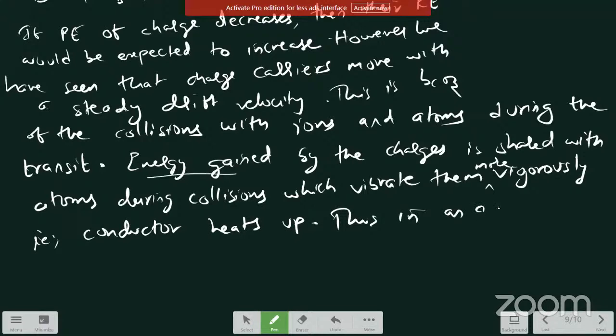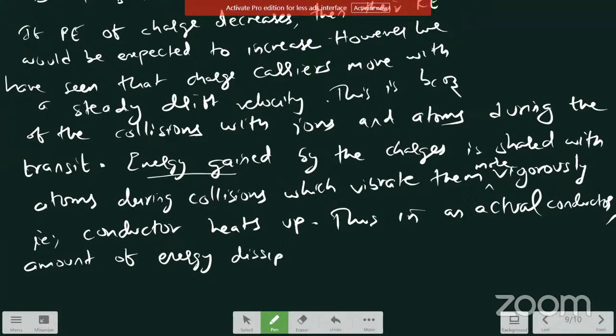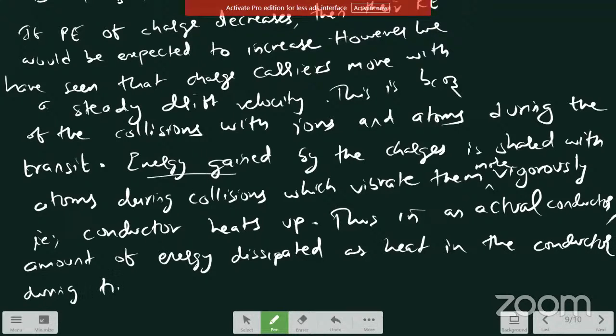Thus, in an actual conductor, the amount of energy dissipated as heat in the conductor during time interval delta t is given by